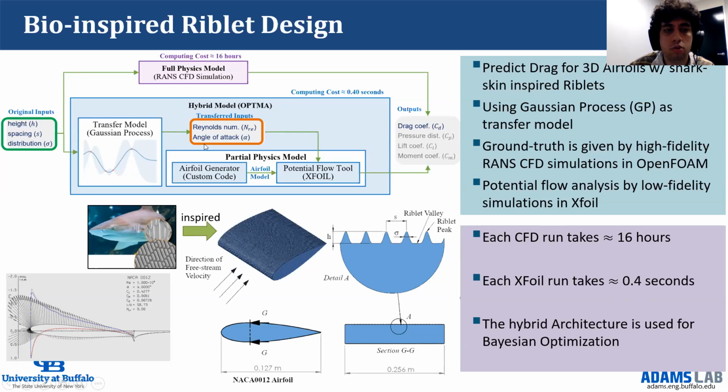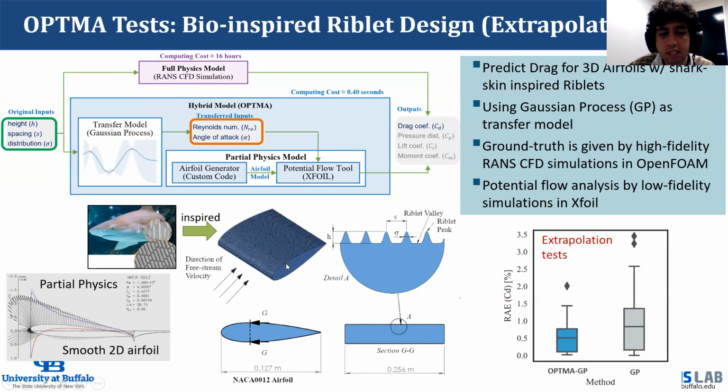And what we were trying to do was use these predictions in conjunction with a data-driven model, which here was a GP, not a neural network, in a Bayesian optimization framework, to make the optimization of these airfoils and riblets more optimal. So what we did is we compared the results. First, we just used the GP model, then we used the Optima GP model,